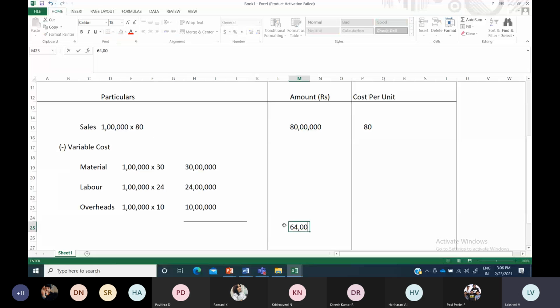So first let us finish this amount contribution. If you see how much you are getting, 80 lakhs minus 64 lakhs. Okay, so this will be our contribution amount. With this contribution,